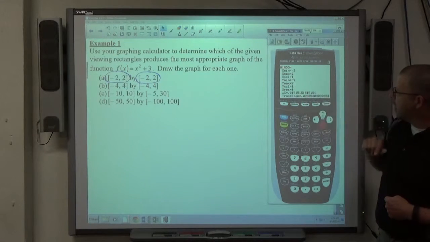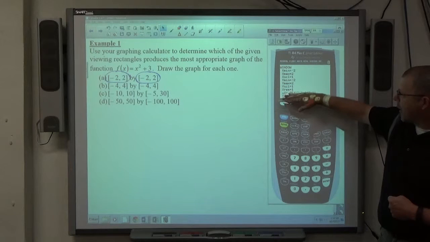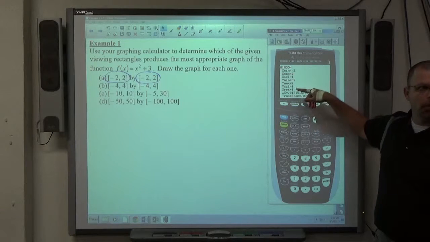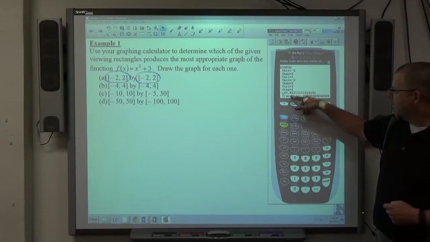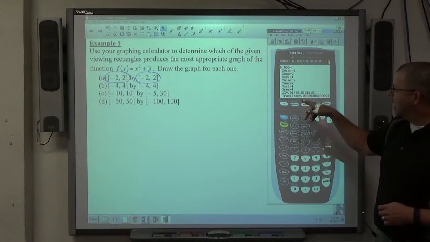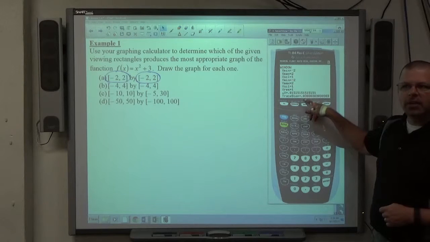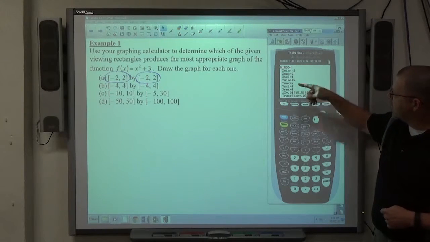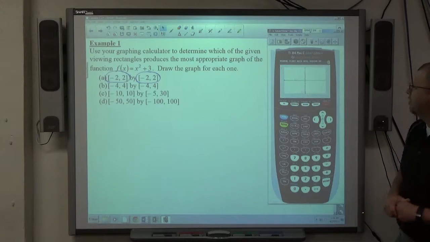Y min and max are already at -2 and 2. I wouldn't worry about any of this stuff down here. The bigger this number is, the less nice the graph is. So a small number is better than a big number there. And the delta x, the smaller that is, the more dots it's going to pick, so it'll make a nicer graph. It seemed like it was doing these automatically, so I'd probably leave that stuff alone. So just focus on these and the x and y scale for now. Hit graph, and it should graph your